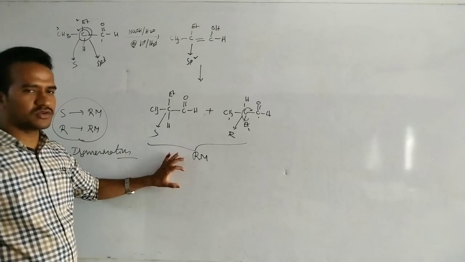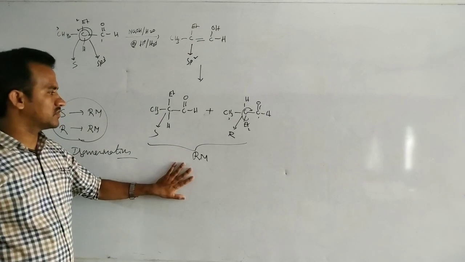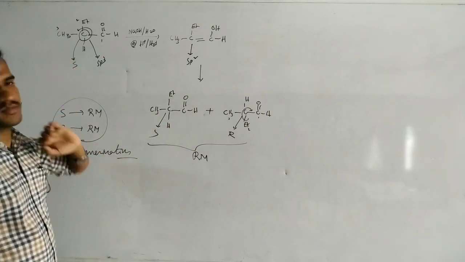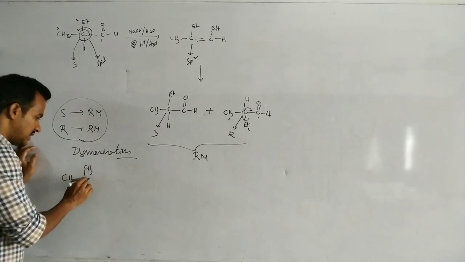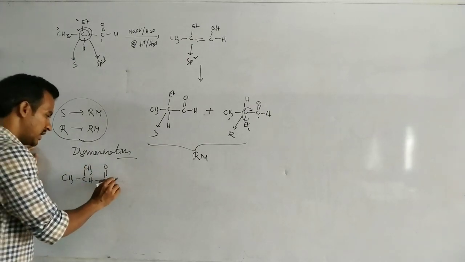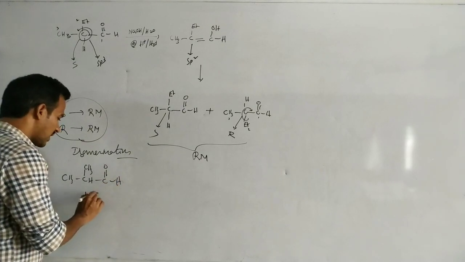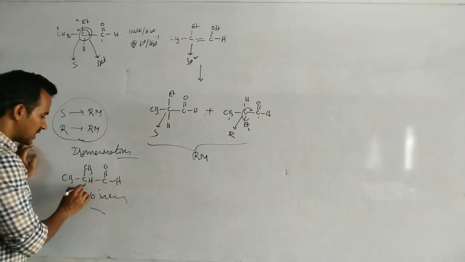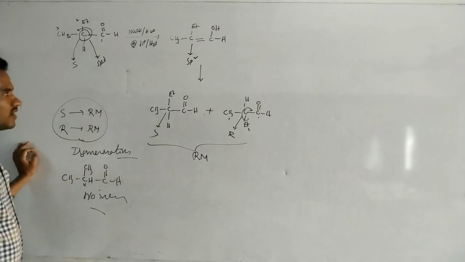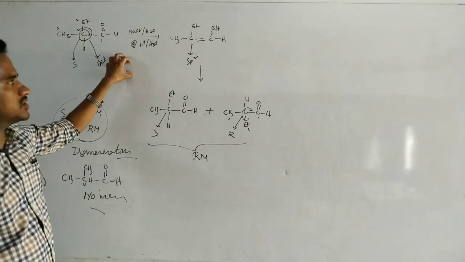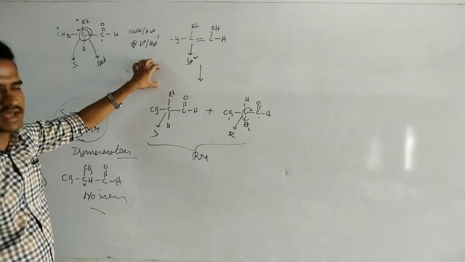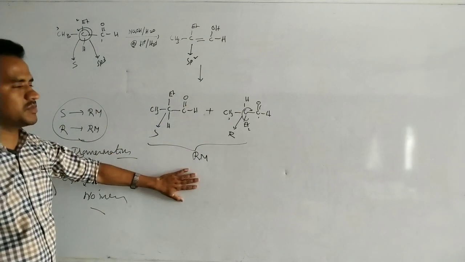Which is a very excellent topic for the advanced exam. If there is no chiral carbon on the alpha carbon, CH3 HC double bond O H, in this case there is no isomerization because the chiral carbon is not there. Of course here chiral carbon is there. It is a single isomer. Whenever this single isomer is placed in aqueous alkali or aqueous acid medium, that is converted to racemic mixture